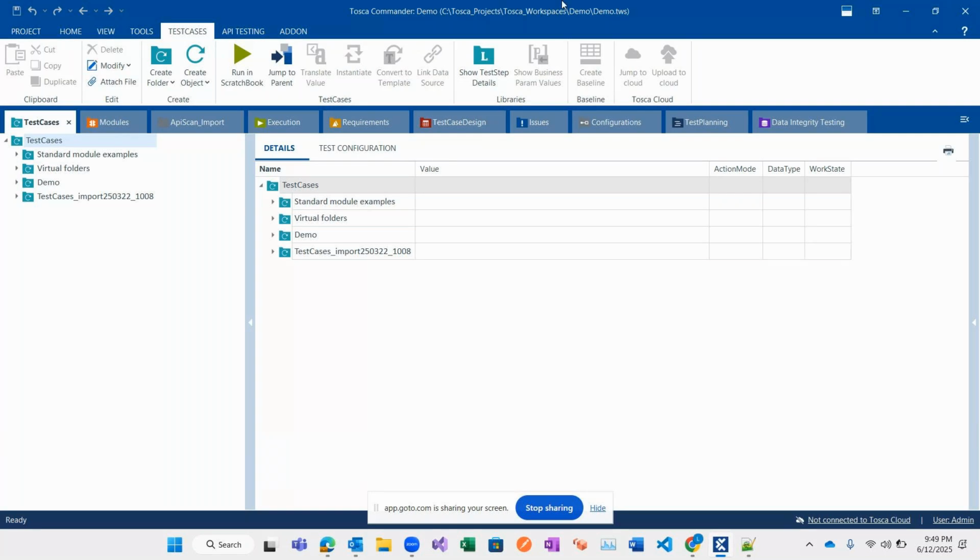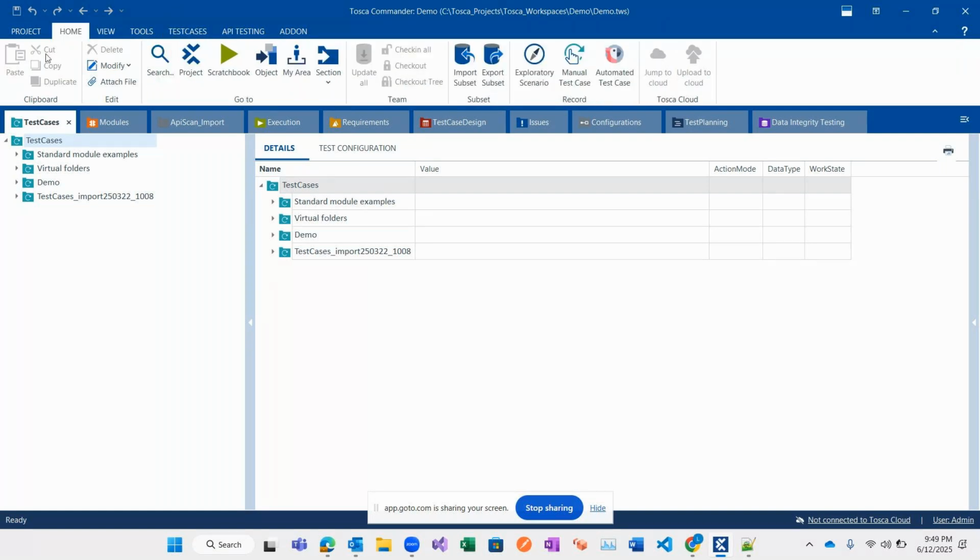So this is what the Tosca tool looks like. This is a title bar, this is a menu bar, this is a ribbon. The ribbon specification is that whenever you click on any of the menus, it will highlight whatever is in that particular menu. So when you observe all the menus like Project, Home, View, Tools, Test Cases, API Testing, Add-on,